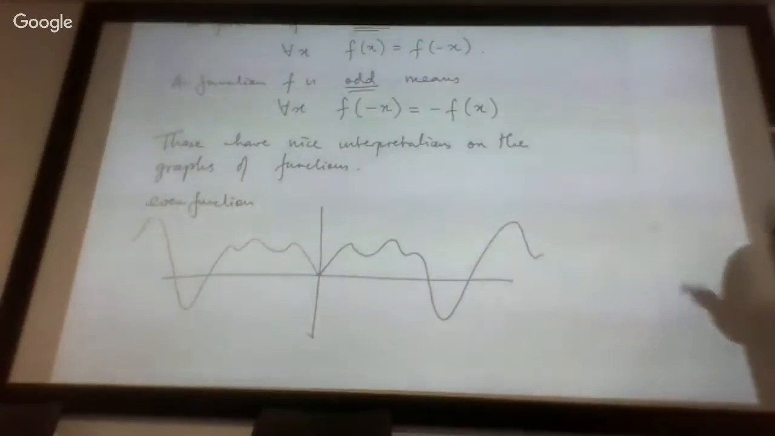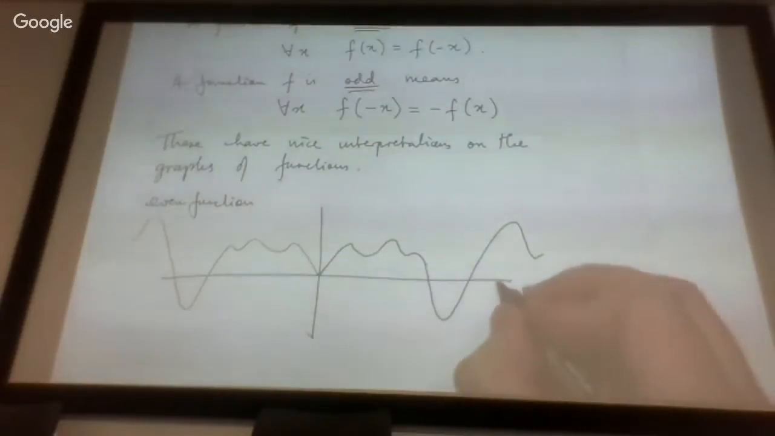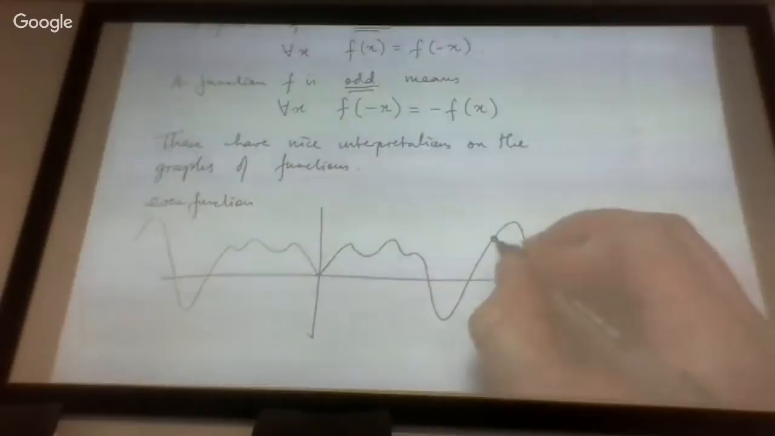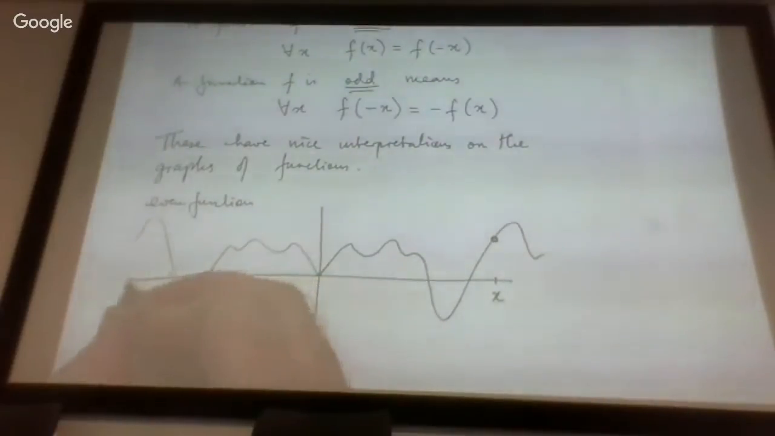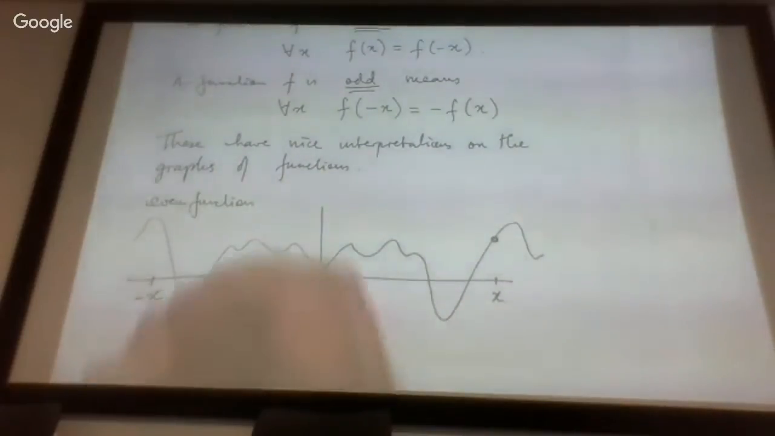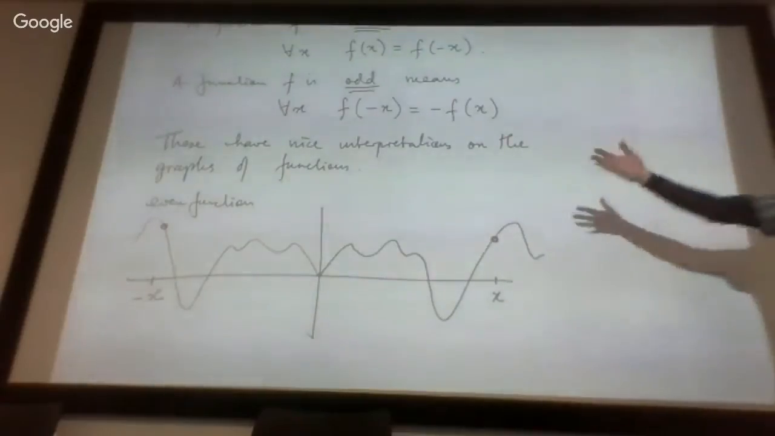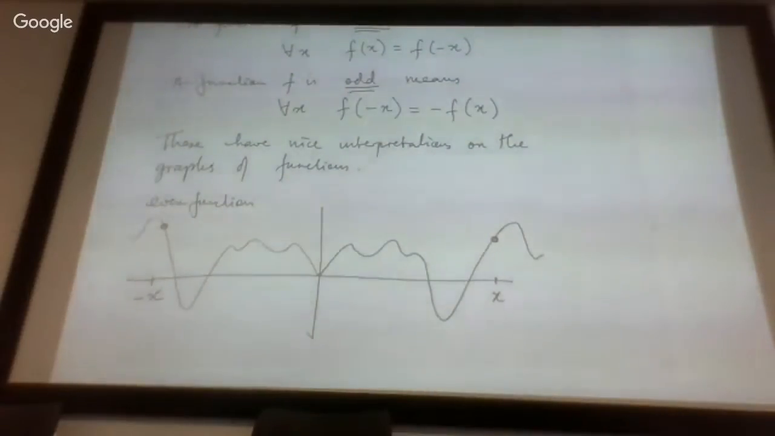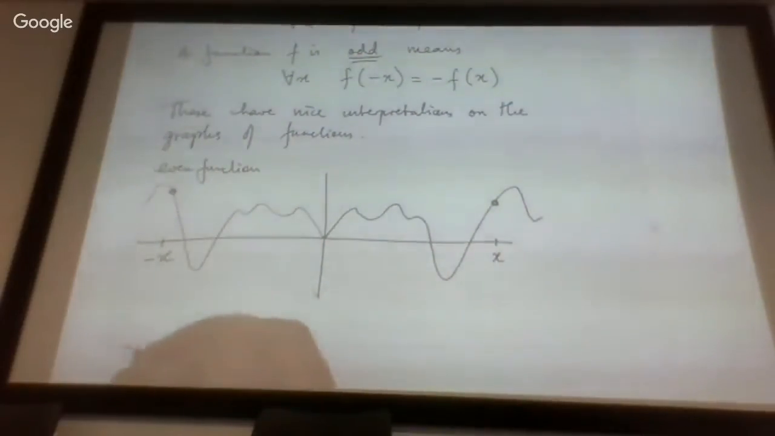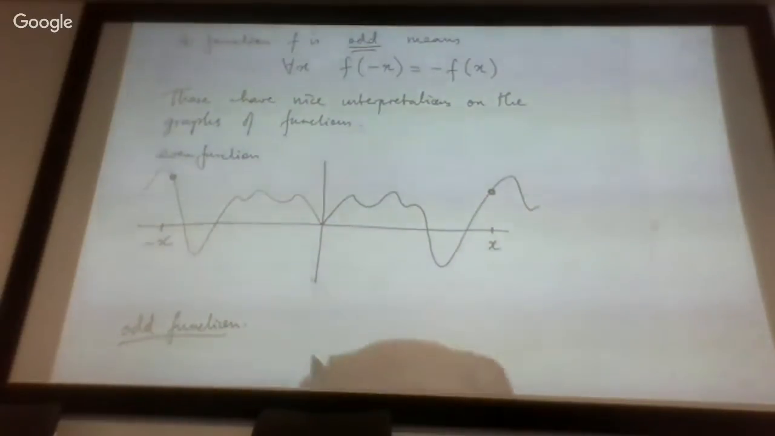So the function, when you reflect it in the y-axis, its two halves mirror each other. Okay, because when you evaluate f on x, you get some particular value, and when you evaluate f on minus x, which would be down here, more or less roughly right, you get exactly the same value. Yeah? f of x equals f of minus x. So that's the typical look of an even function, whereas an odd function, the typical look of it,